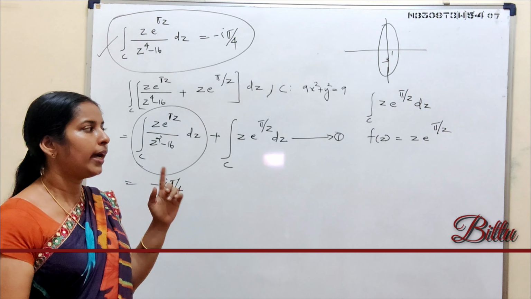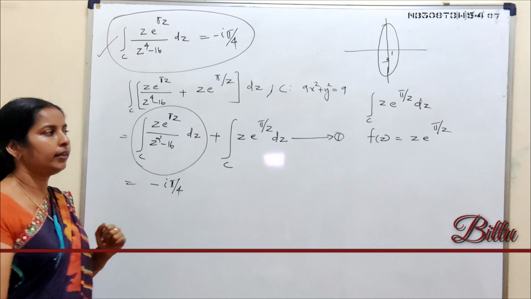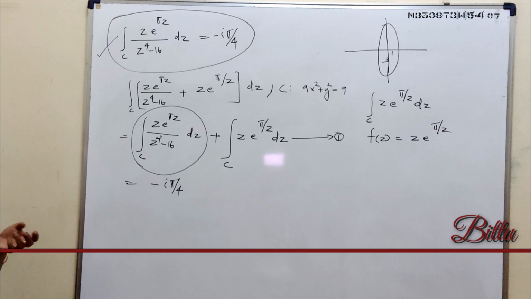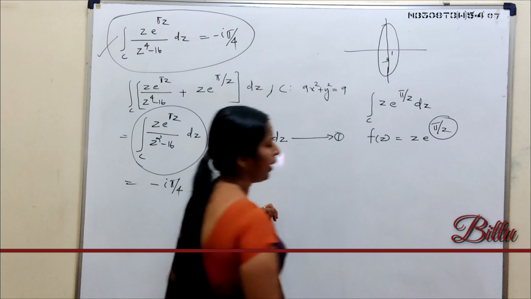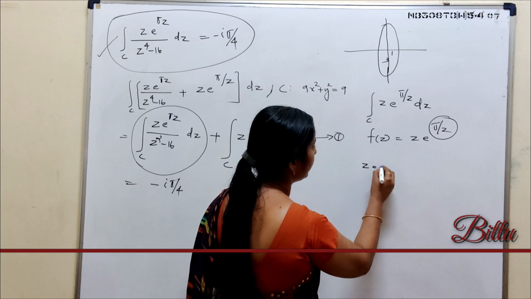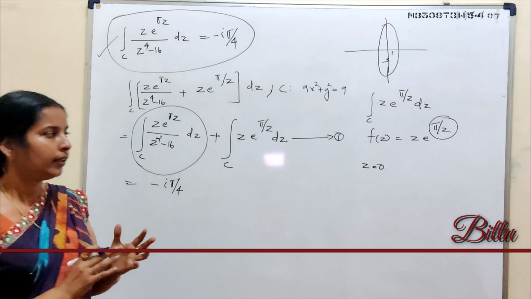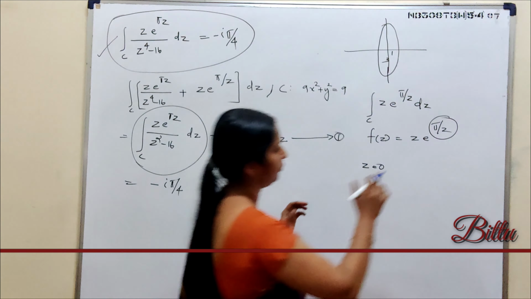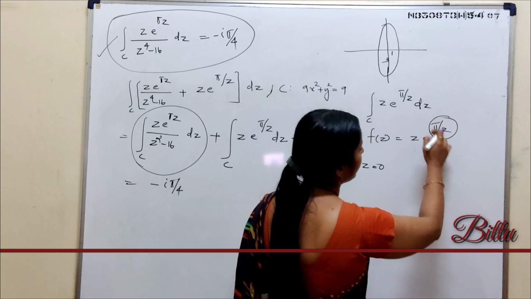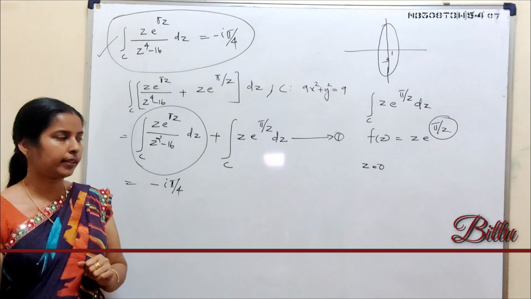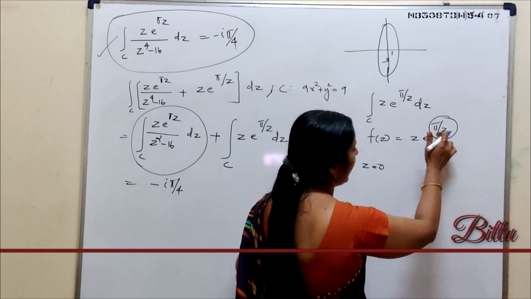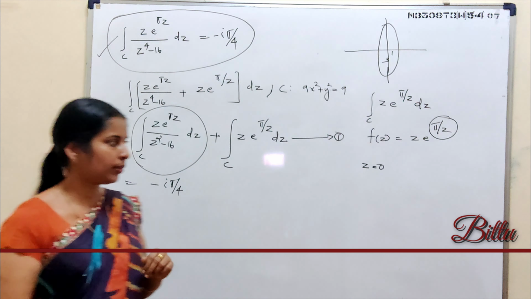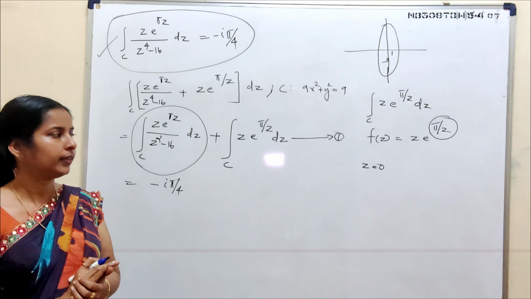Next, you notice the singularities of F(z). Here you may face some difficulties finding the singularities. Here the singularity is obtained from here, and clearly the singularity is z equal to 0. In the function, when z equal to 0, this goes to infinity. There we can find a singular point. Or you consider this fraction, and its denominator is 0 when z equal to 0. So 0 is the singular point of F(z).